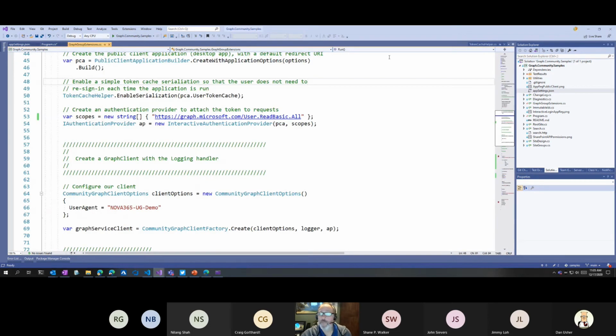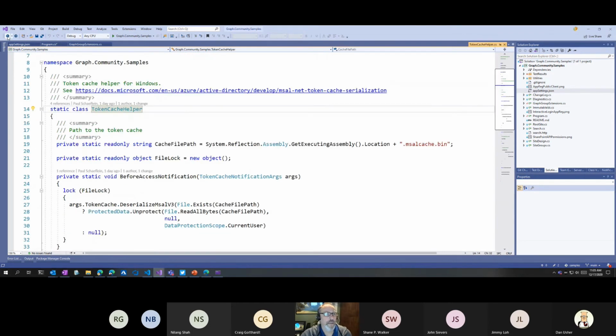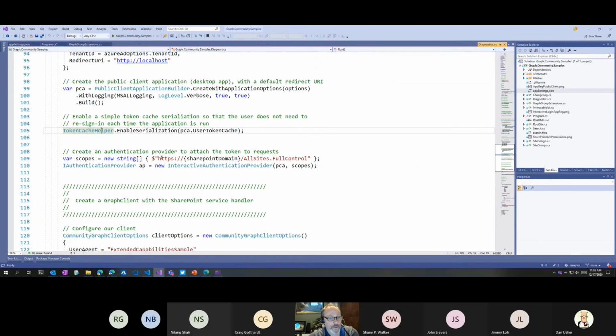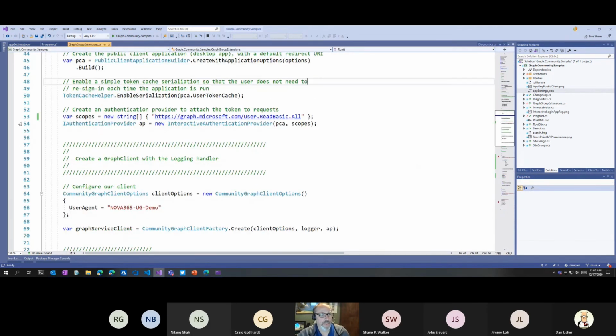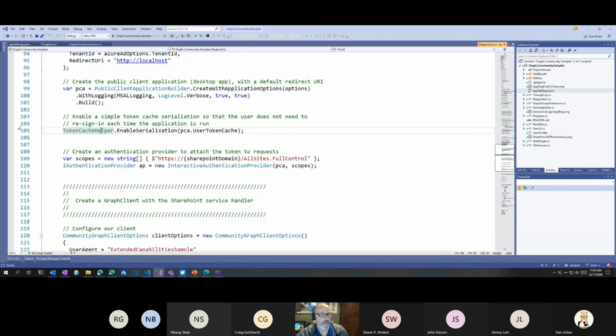So if I go back to my diagnostic, that's what we're doing here. Now this particular one, we don't want to use that scope. So let me change this again. We'll copy that and put that one here, because that's the scope that we really want to use.